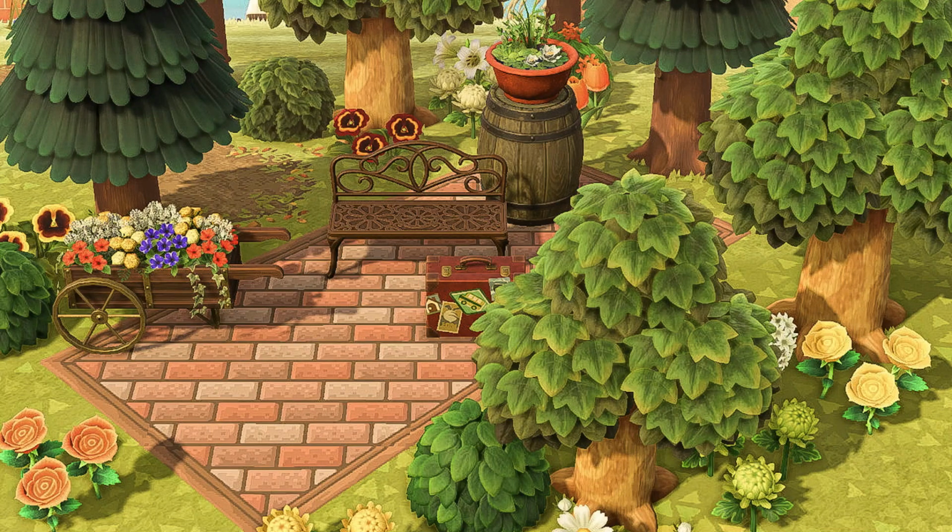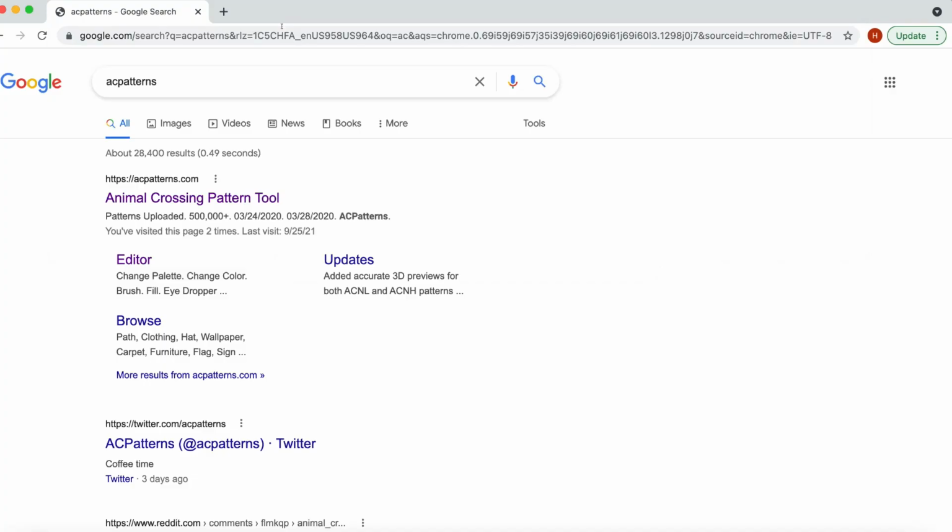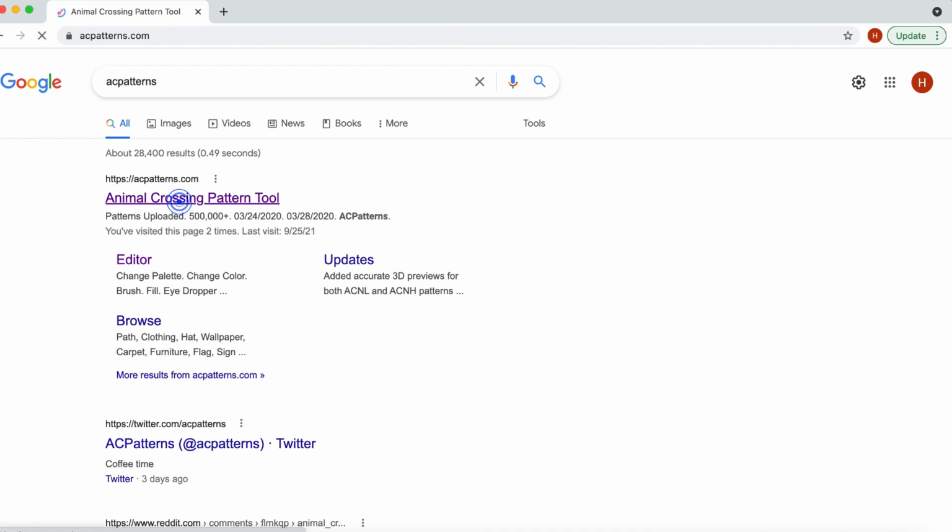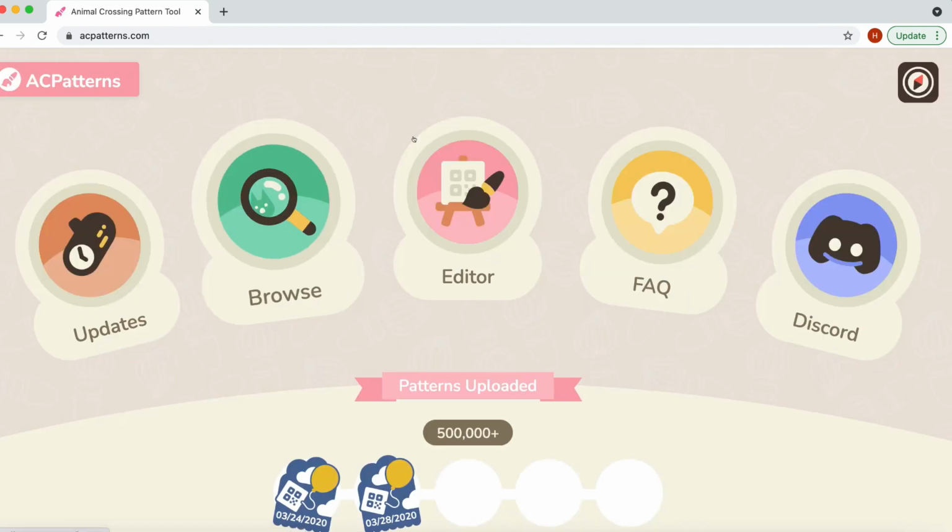As you probably guessed from the title, we will be making this fall brick path today. I will be going through the entire process from beginning to end. Let's get to it. So the first thing you're going to do is go to acpatterns.com and